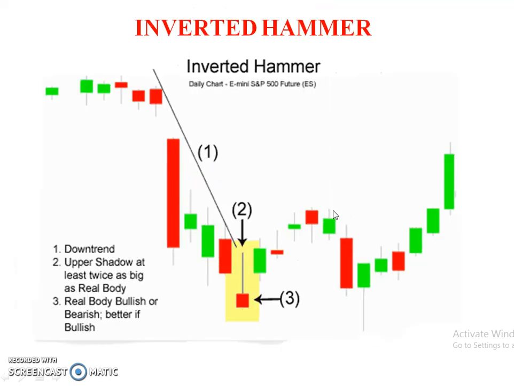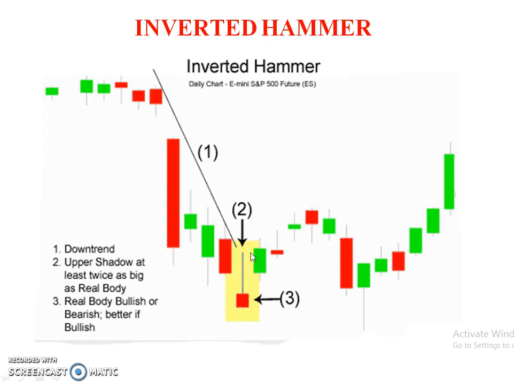The fourth pattern is called as the inverted hammer. Again, there is bullish inverted hammer and bearish inverted hammer or shooting star. In both these patterns, the hammer is inverted. On this slide, you can see the bullish inverted hammer at the end of the downtrend in the oversold condition of the stock. The stock or the future can be bought when the price goes above the high of the